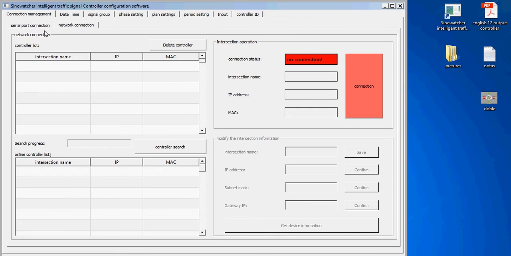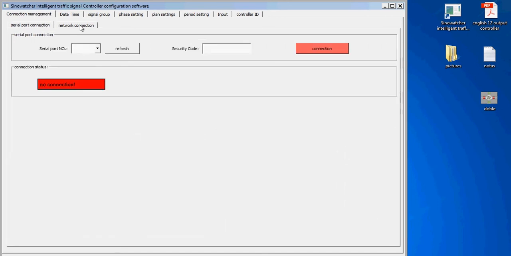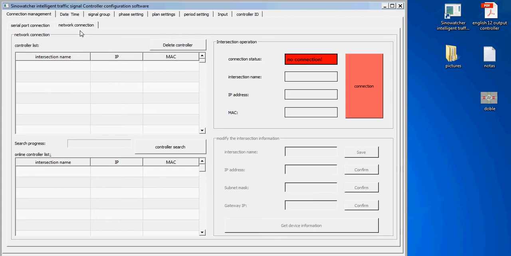There are two ways for communication to the hardware of the controller: serial port connection and network Ethernet connection. In this opportunity, we are using the network Ethernet connection. So we must search for the controller. Press controller search and you will get the IP address and the MAC address of the controller you can find